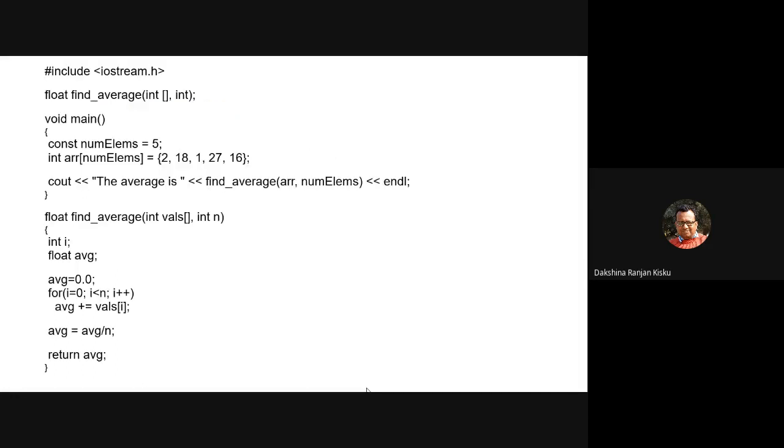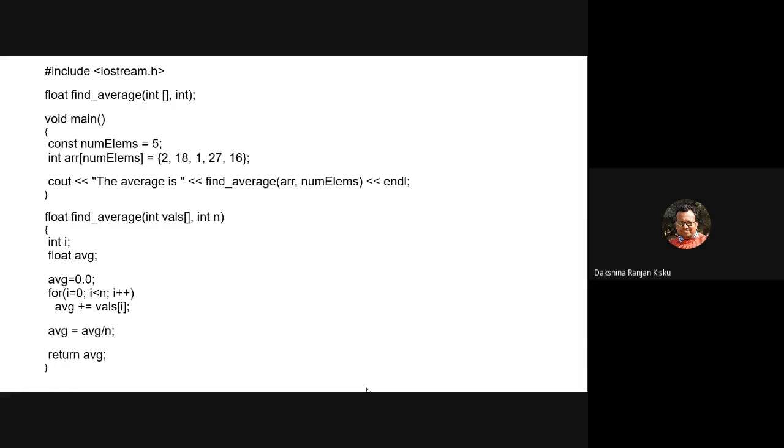So here is an example. Here you can see that a prototype for the function find_average is declared. First we write the return type of the function, float. Then we write the function name, and within brackets we write the type of the array or array elements.